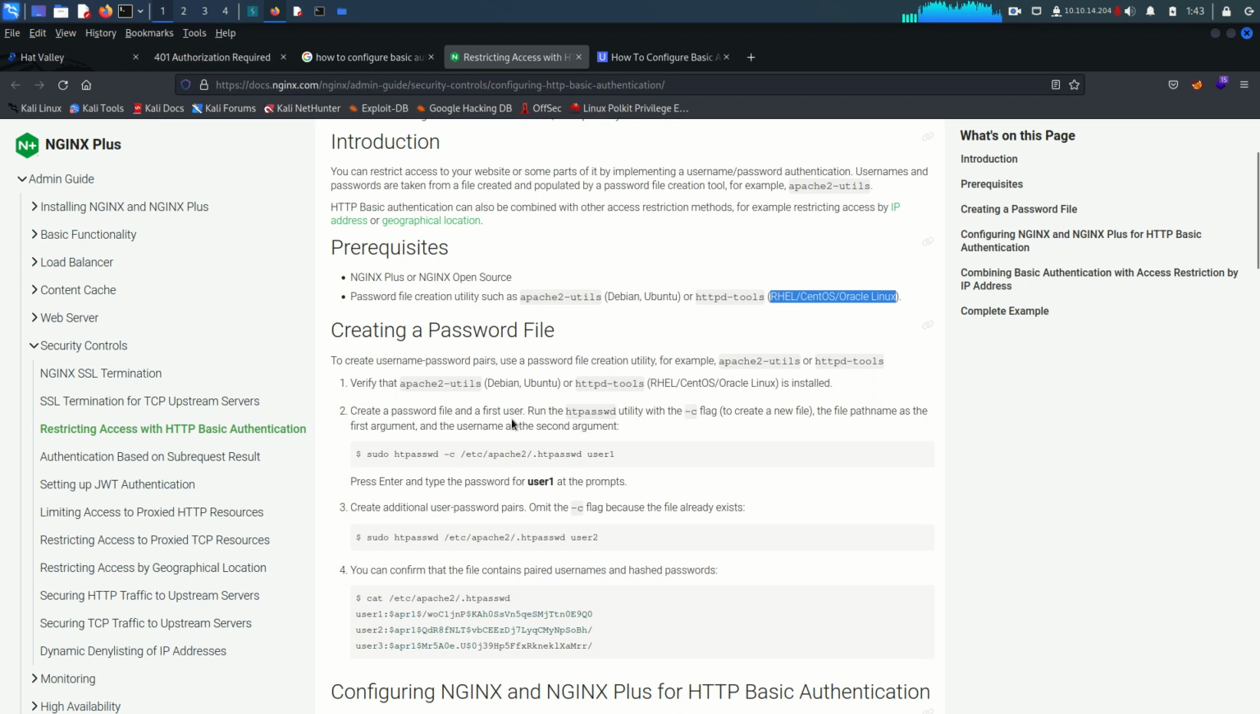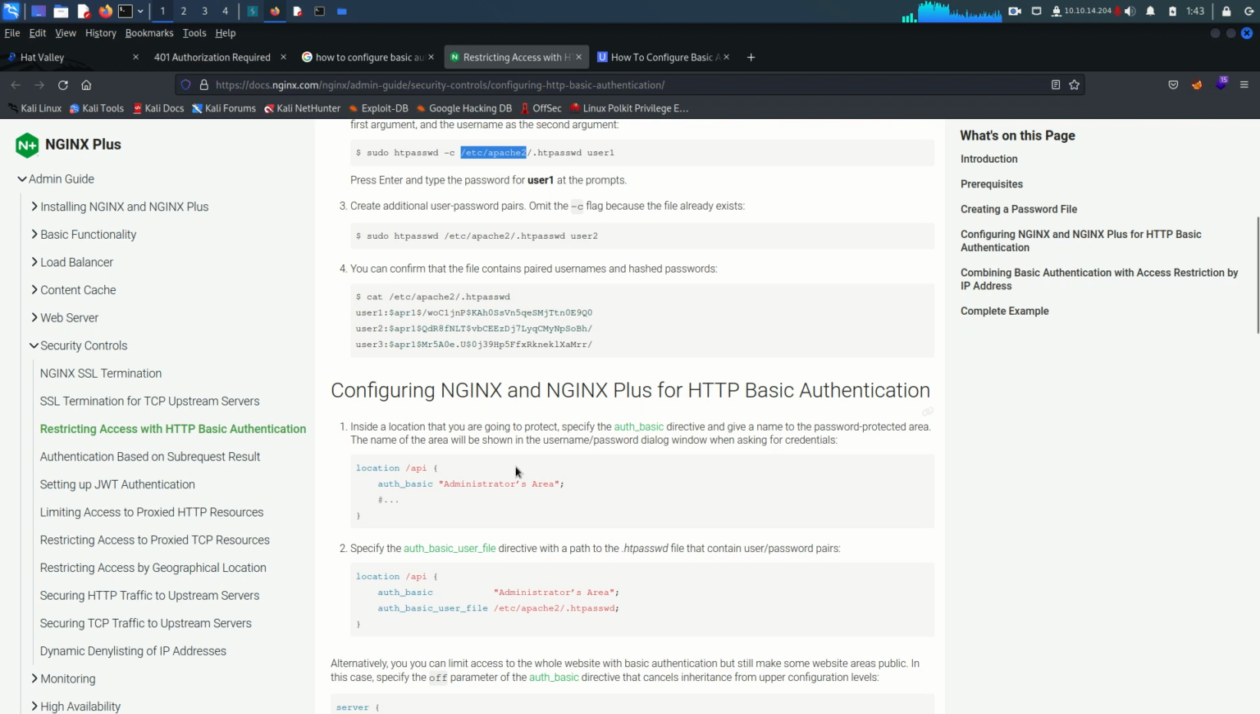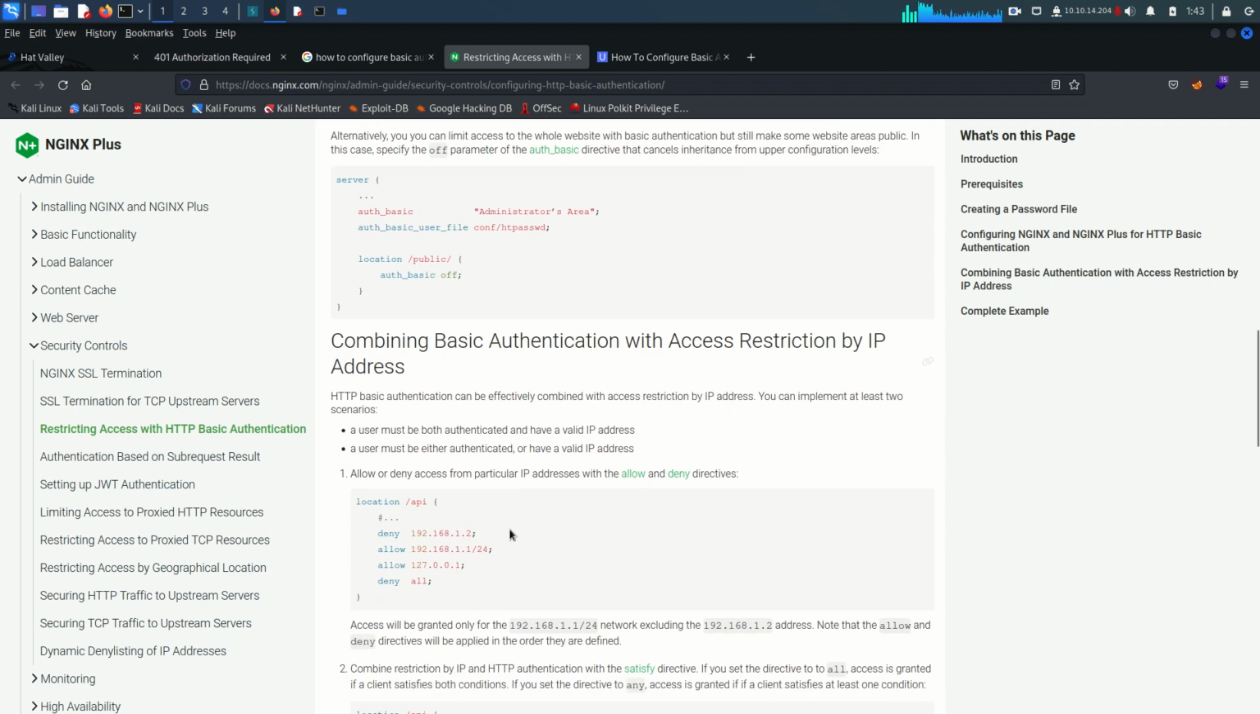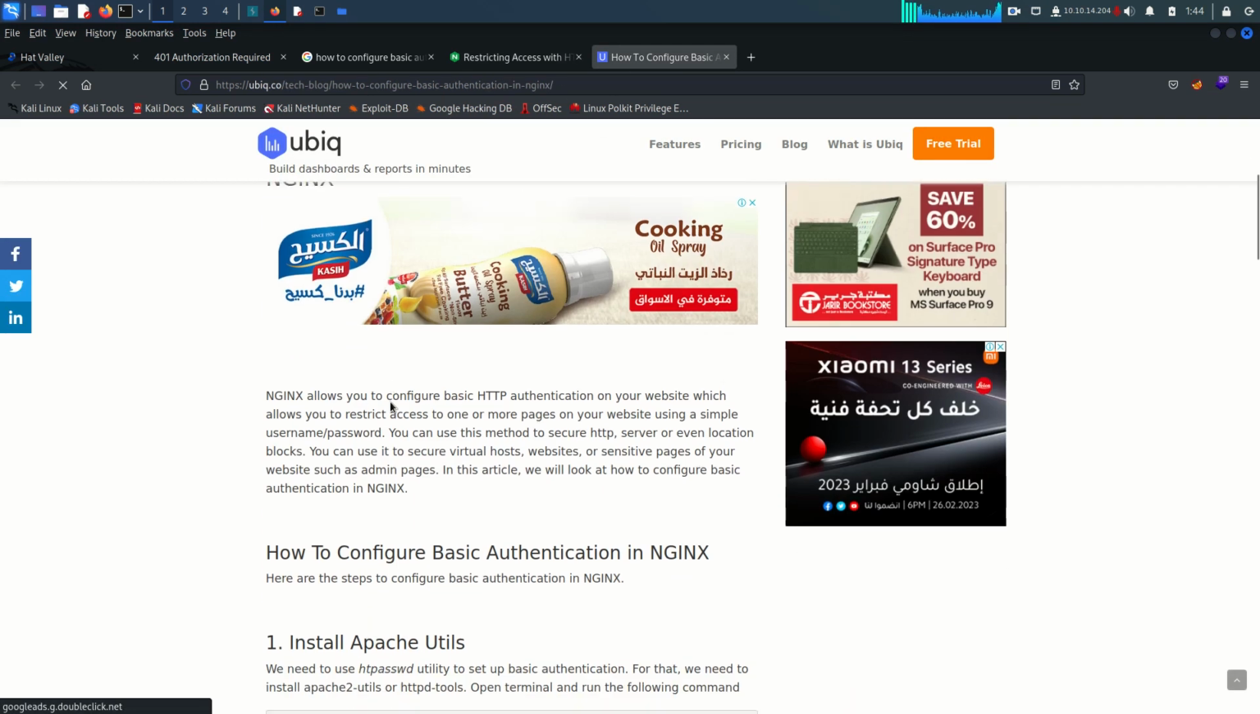So it is pretty clear here that you need to create the htpasswd file. If you are using Apache 2, it's going to be inside /etc/apache2, and if it is NGINX, I think that's going to be the same path, but instead of apache2 it is going to be nginx. Okay, so let's go to the second link, and